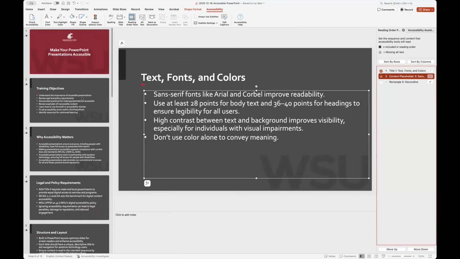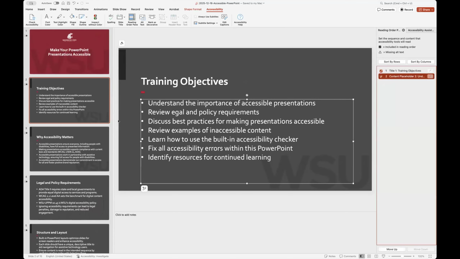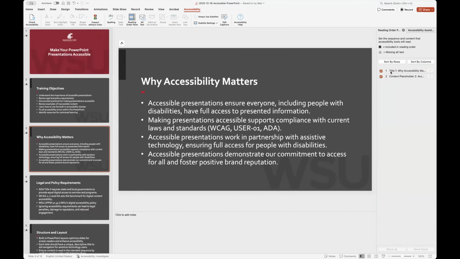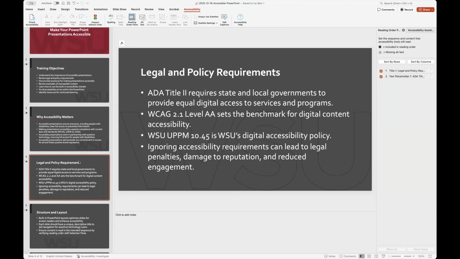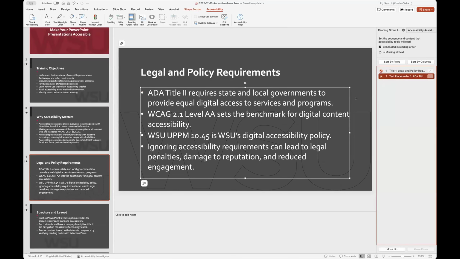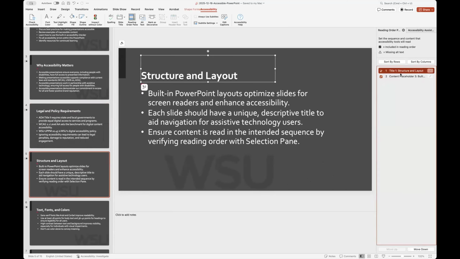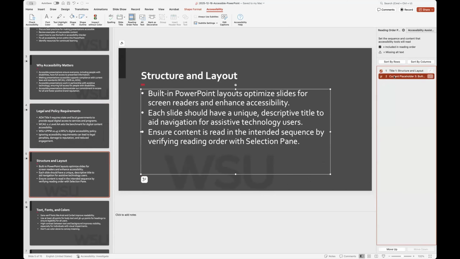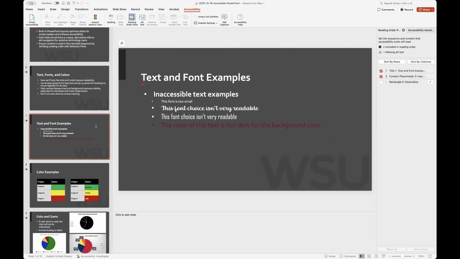Then I'm going to go to my next slide. It looks like my title is first, my content is second. That's what I want. And so I'm going to go through every single slide to make sure that everything is in the right reading order. This is the order a screen reader is going to read the content to a user. So it's important that it remains in the proper order. Again, this one, title 1, the content is number 2 on slide 5. Slide 6, again, looks like everything's in proper order. Slide 7,